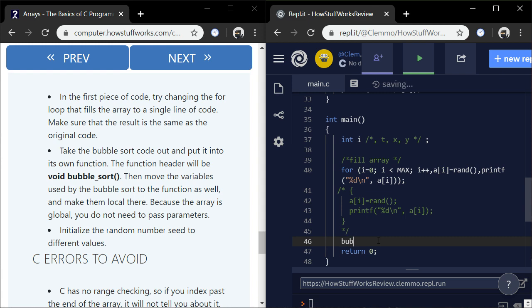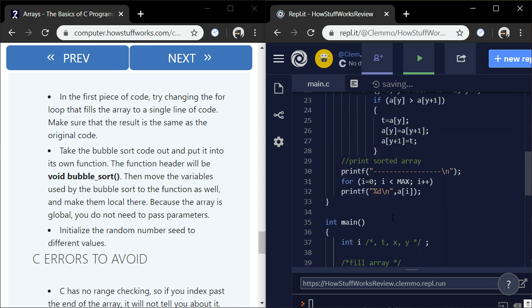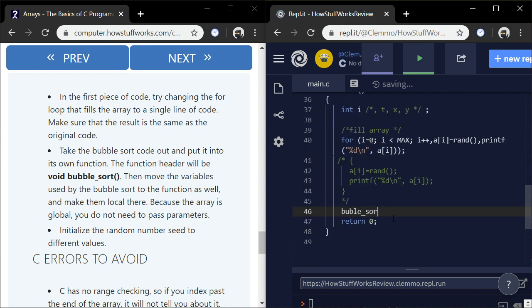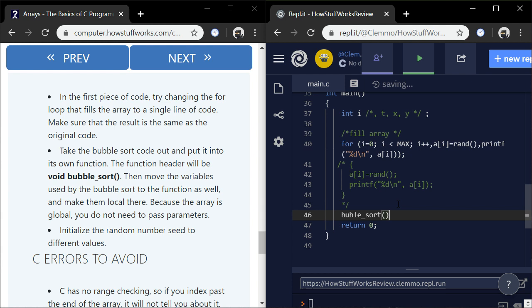So I'm just going to call it the only way I know how. That might be a little more than the law will allow. Gonna spell bubble, right? Bubble sort.